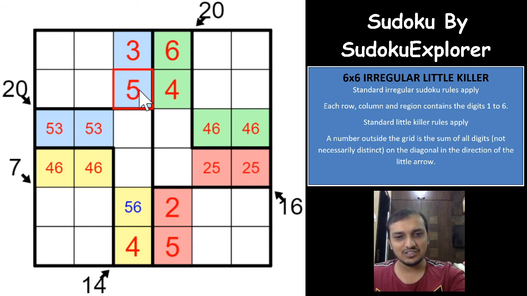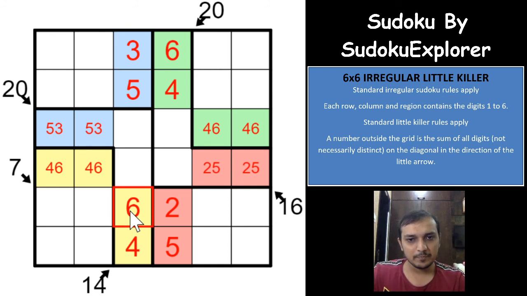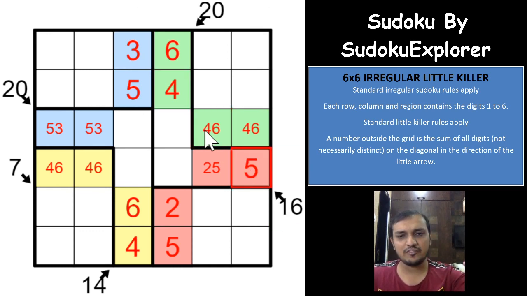This will give you a 6, a 5, a 6, and that 6 gives you a, okay, so now you have a 7 here. For the 16 you need 9 more, right? And 9 is only possible with 5 and 4. So that gives you a 6 and 5, 6 and 2, right? And now 7 is only possible with 5 and 2, right? 4 and 3 are gone, 6 and 1 are gone. So 5 and 3, 5 and 2. So this is 2, this is 5.